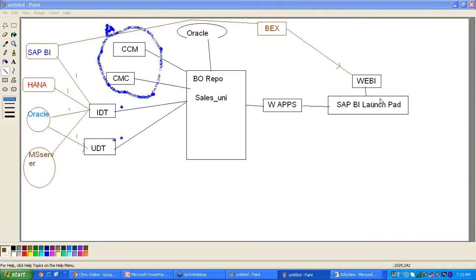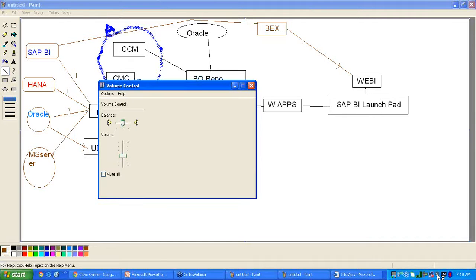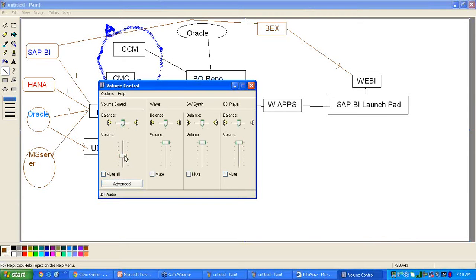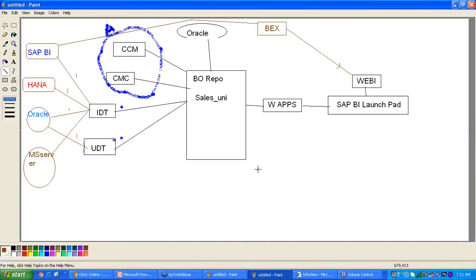Yes, Shilpa, go ahead. I want to know the difference between the relational and the OLAP databases. Hello? Yeah, OLAP databases, so it is a relational database. Oracle, Microsoft SQL Server, HANA database, these are all relational databases. So currently all the databases are relational databases. But OLTP and OLAP are different. The OLTP system is different and the OLAP system is different.